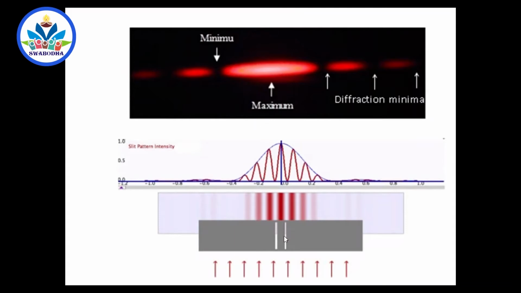If you pass a beam of light through a single, very narrow slit, it forms a very bright image at the center, called the central maximum. Side by side, it will form fainter images also. Depending on the slit, you will get the pattern. The pattern appears like lines because the slit is in the form of a line. The pattern may be in the form of circles if the slit is a circular hole. So according to the obstacle, you will get the pattern.